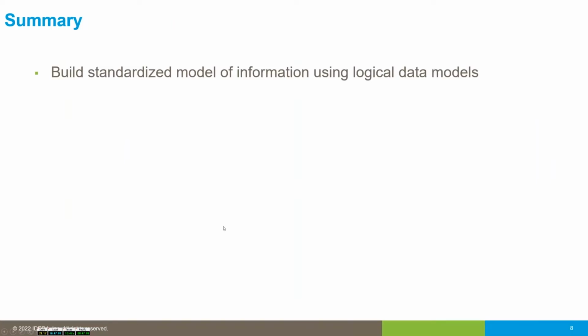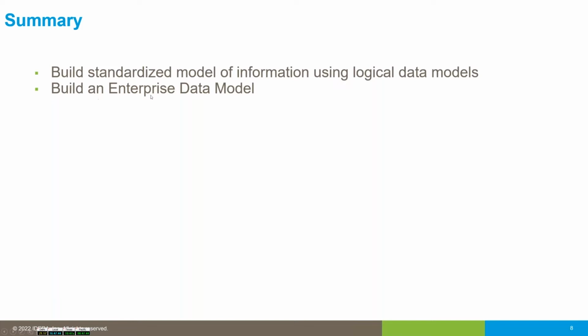So, in summary, what we can do with ER Studio with a new capability is we can build standardized models of information, and we're going to use our logical data models to do that. We might have a single de facto canonical enterprise logical data model with standard definitions in there. Our standard definition of employee has the primary key of an employee. We have alternate keys, all the standard fields of an employee, standard relationships. We can standardize our information. We can then use that model to then generate